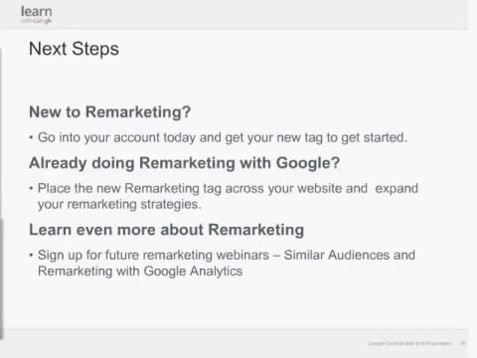They are totally compatible. You can put them on the same page. And actually the recommended method of updating is placing the tag across your entire website, waiting, because as everyone knows, only user lists can accrue once the tag is placed on your website. Maybe waiting 30 days or however long your cookie window is, and then removing the old remarketing tag. However, if you don't want to remove it, you can keep them coexisting together